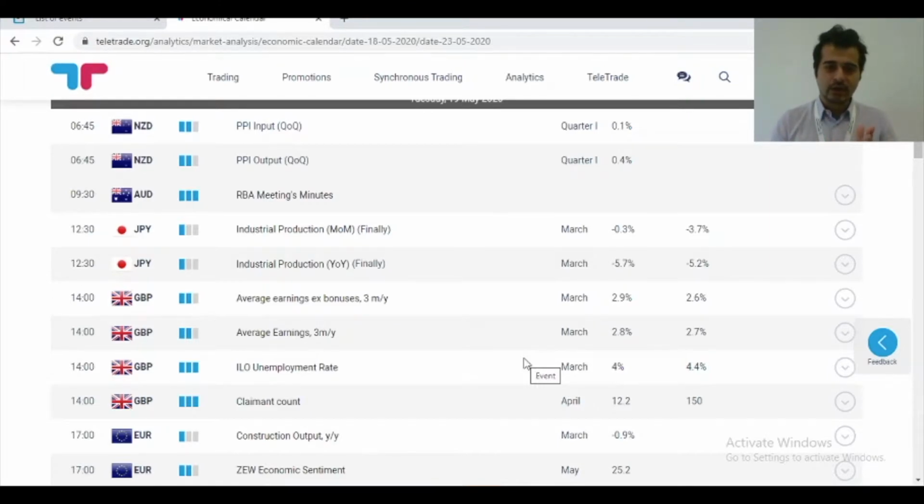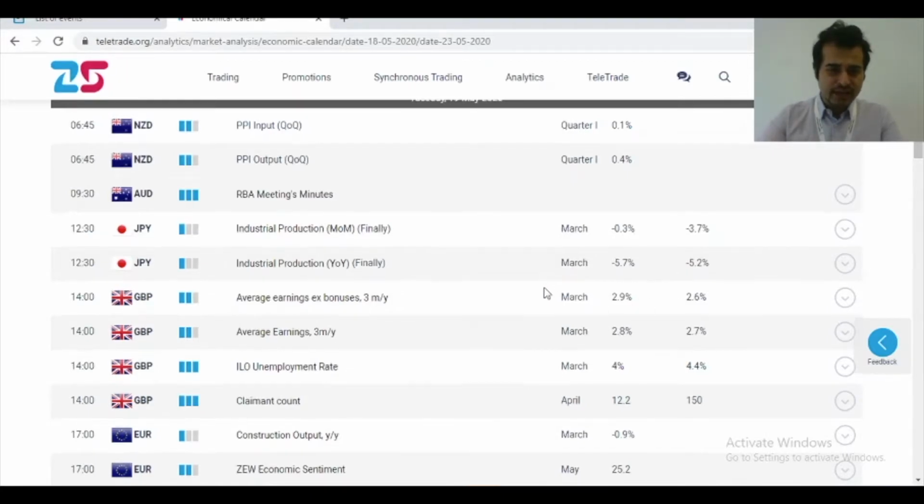We have got COVID-19 going on. We have got Brexit issues going on. There are so many things going on in the UK, and this is more going to be on the downside. However, whenever the news is released, we wait and see the outcome, and then we analyze from there and forecast what the next move could be.